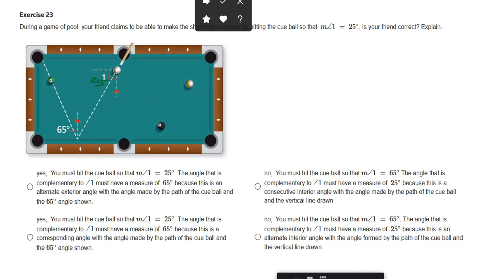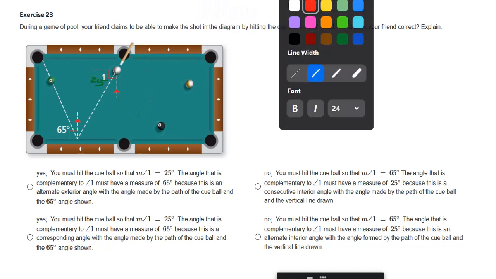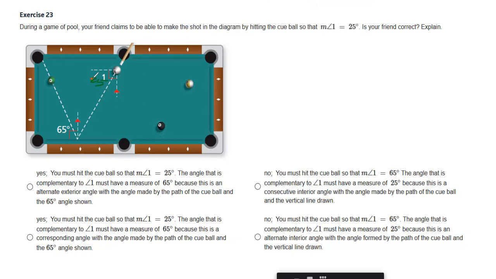Let me make it, I think I need a different color. About the red. 25. All right, that's better than writing green on green. And notice this is a right angle, right? So if this is 25, it makes this 65. Right? And if this is a right angle and this is a right angle, it's like these are